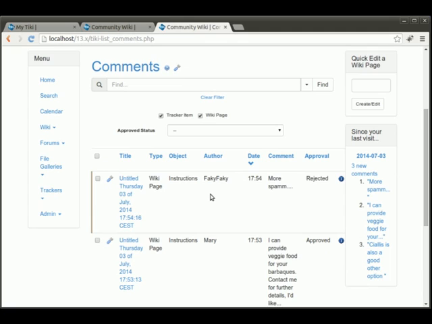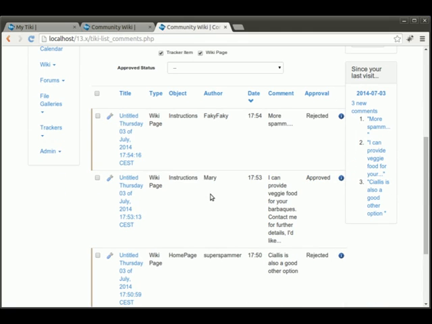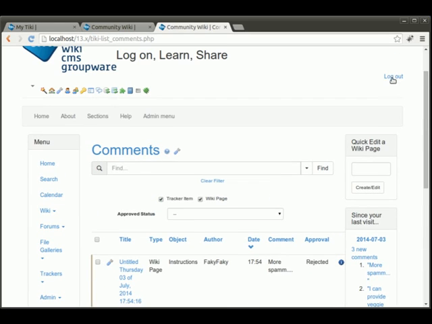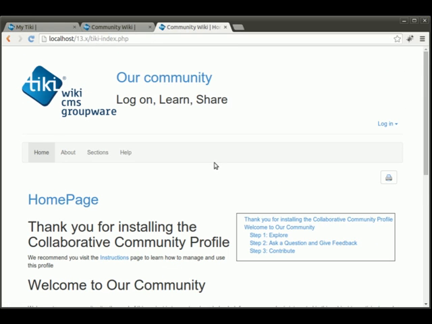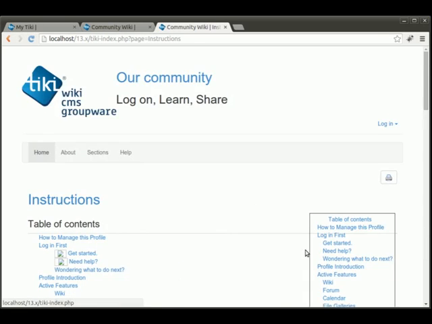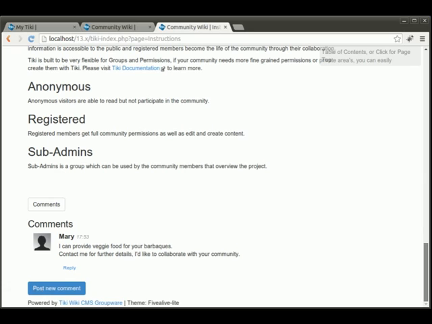And so we can log out and have a look at either homepage or instructions page to see the result. We log out. So let's go down to the homepage, and we see now that there is just one comment posted, and there is no indication that there are comments pending validation. And instructions, we will get something similar, like one valid comment posted and the other one which has been rejected is not even pending